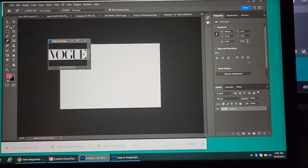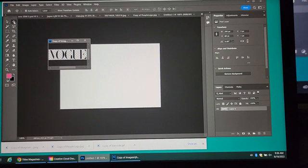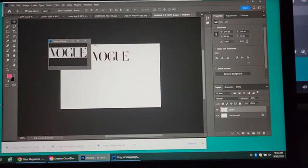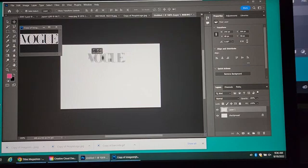And now I'm going to go to our Magic Wand tool, and I touch the background where it's white. I'm going to hit backspace, and look right here, I missed this area, so I'll go on the inside and hit backspace. Now I'm going to hit Control D to deselect it. I'm going to take my Move tool and grab one of the letters and bring it down. So what I'd like to see on this is you could bring a title down, and then in this layer drag it down here